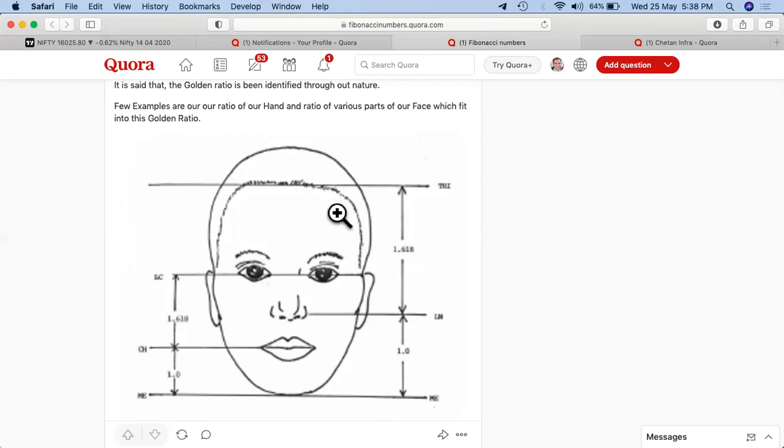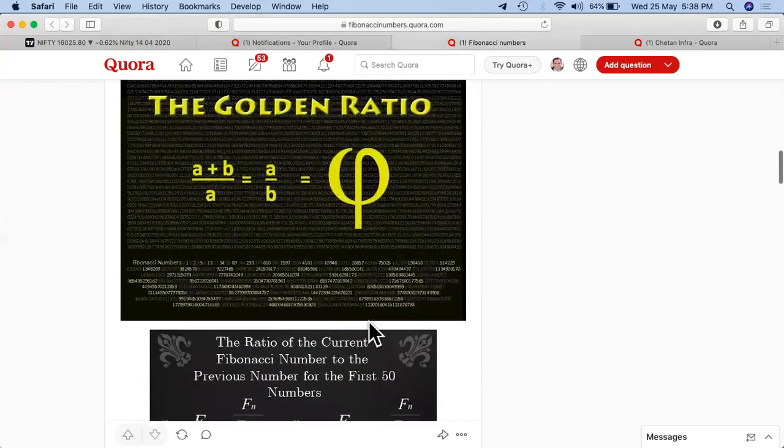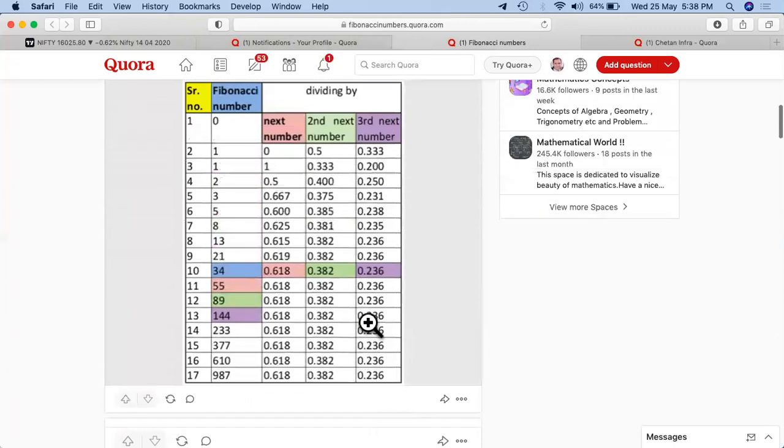So these are ideal ratios which are there. You can see it everywhere in nature. Again, if you see your hand, yes, the ratio is 1 is to 1.618, right? So these are all ratios which are coming up together. This is called the golden ratio. We'll go to the next part,